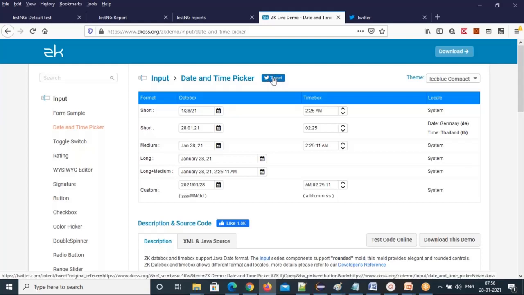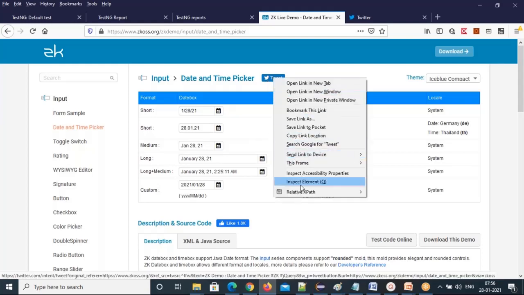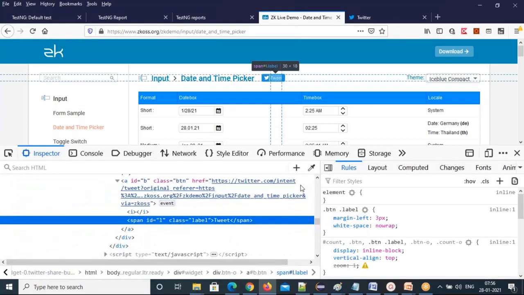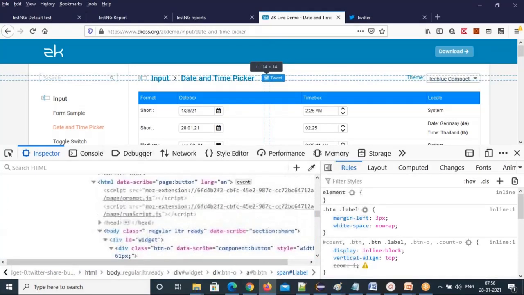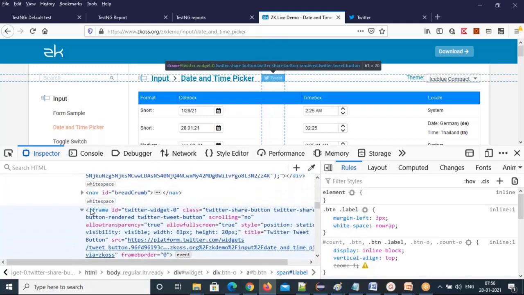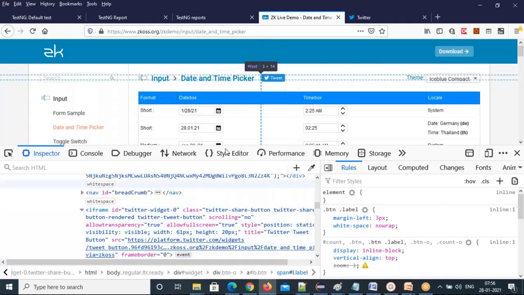But this tweet is inside the frame. Let's see, right-click and inspect. Observe this. You need to understand here, it is inside the frame. You can see the iframe, and inside it this tweet is there. You have to call the iframe code. That iframe code we will call here, then that method you can call directly. So that's what we are going to see here, how to handle iframes. I already explained in yesterday's class, in JUnit we have seen, and we are going to use the same code again. This is the one scenario.